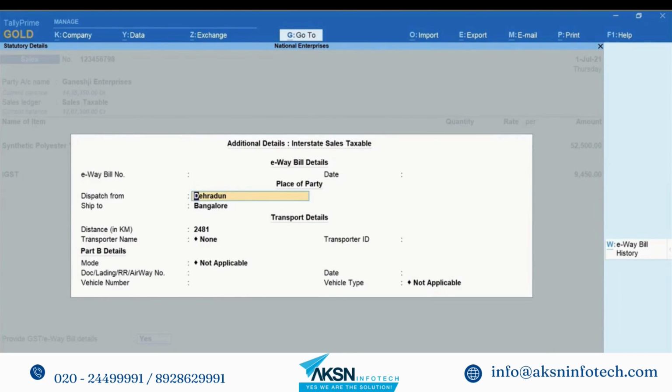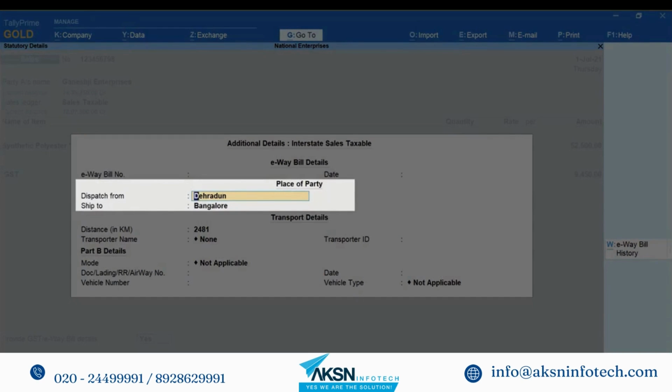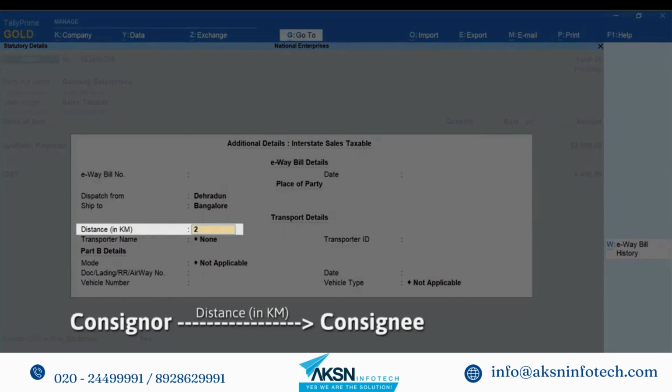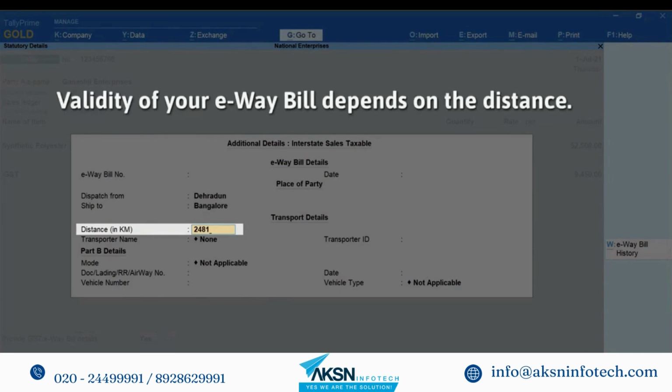दिखेगी। इस स्क्रीन में प्रदान की हुई जानकारी के अनुसार ई-वे बिल बनेगा। कंपनी और पार्टी लेजर में प्रदान किए गए एड्रेस के अनुसार डिस्पैच फ्रॉम और शिप टू जानकारी पहले से भरी हुई होगी। अब डिस्टेंस इन किलोमीटर्स एंटर करें। यह कंसाइनर और कंसाइनी के एड्रेस के बीच का डिस्टेंस है। आपके ई-वे बिल की वैलिडिटी इस फील्ड में